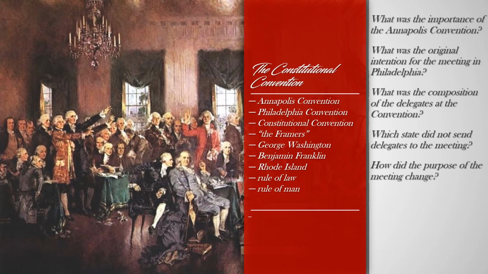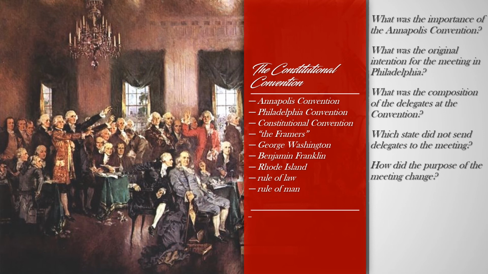A group of representatives from 5 states met in Annapolis, Maryland, to begin looking into the issues associated with the Articles of Confederation. Though they could not legally amend the Articles without the presence of representatives from the other 8 states, the representatives in Annapolis agreed that governance under the Articles, as they were currently constituted, could not continue on, so they agreed to meet again in a few months in Philadelphia.